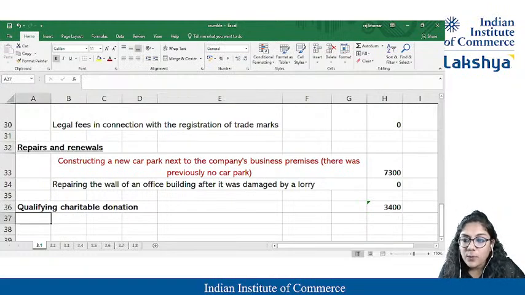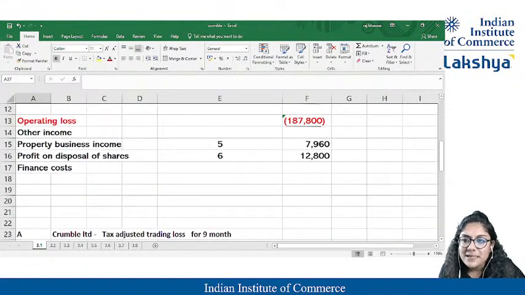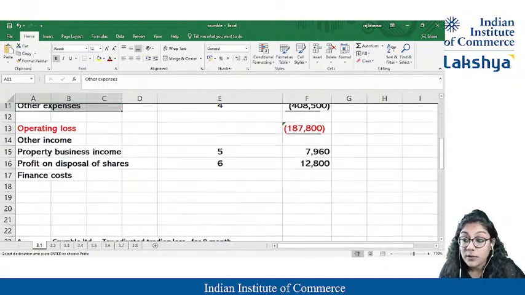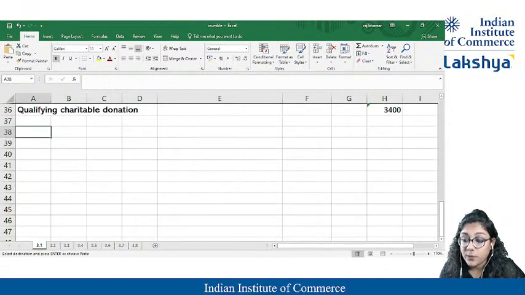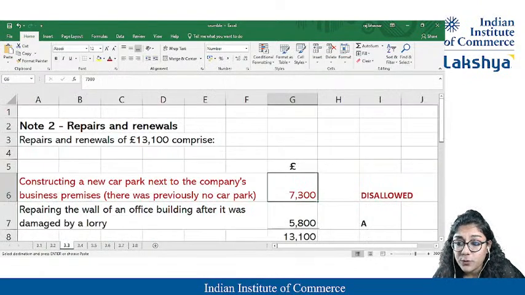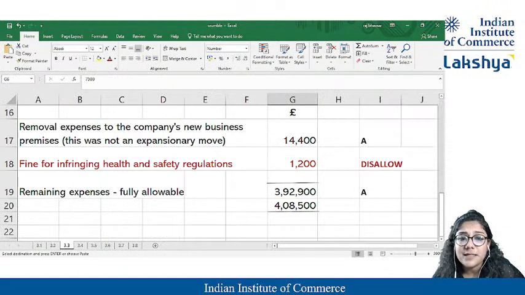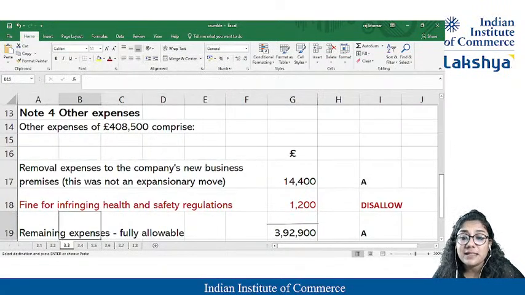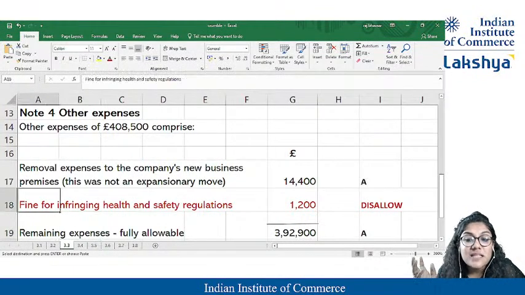Yes, ma'am. Hey, what's the next? Ma'am, please check now. What is remaining? Oh, other expenses, guys. Other expenses are also heavy, huh? In other expenses, what are the things which I am having? For that, I need to see the fourth part. So fourth, ma'am, other expenses, now. Some removal expenses are there, ma'am. Removal, fines and other expenses, guys. Removal, was it allowed? Oh, ma'am, it was allowed. Only this fine was not allowed.